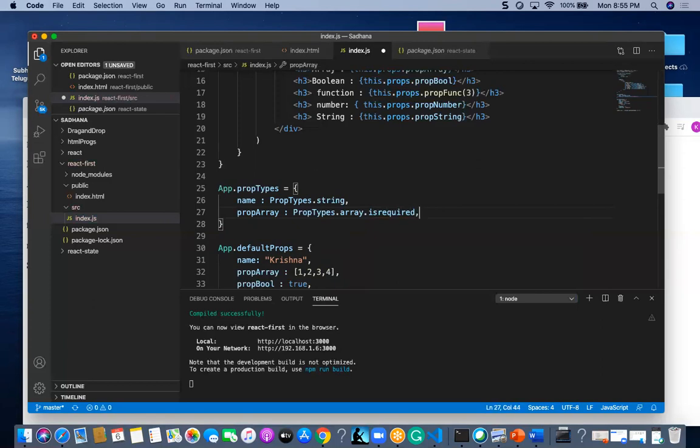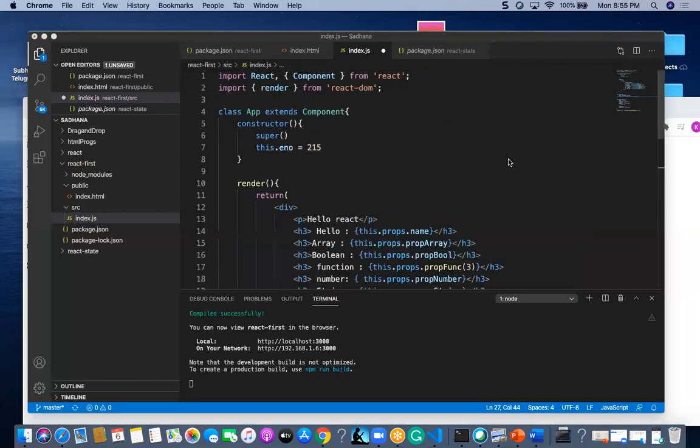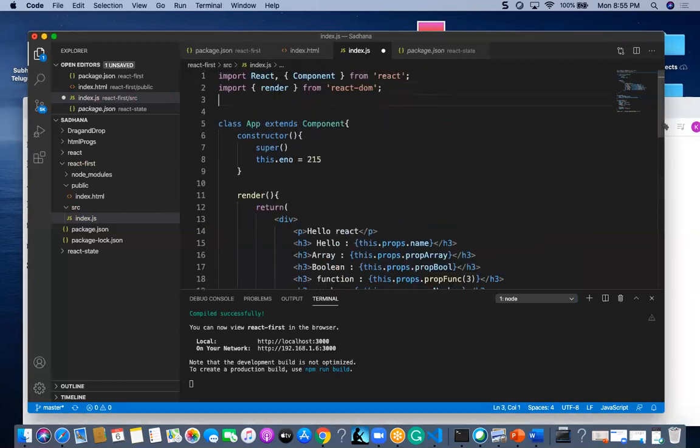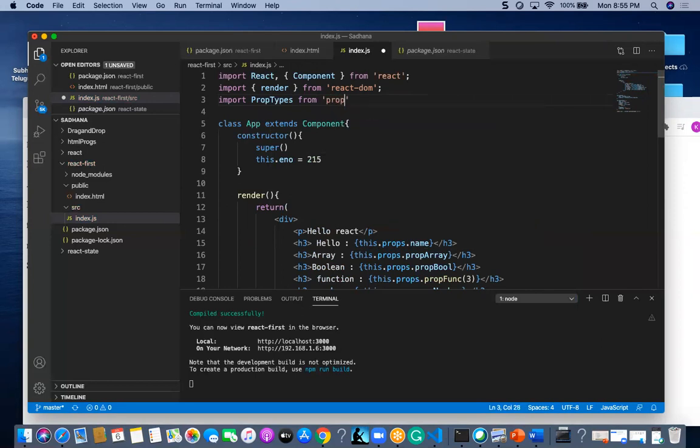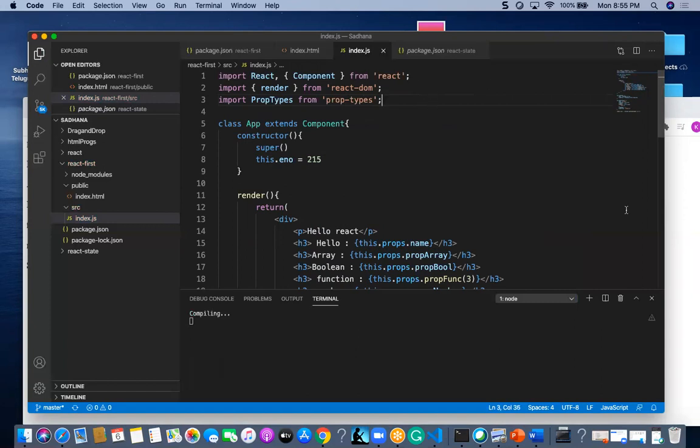Actually, we have to import this PropTypes from a module known as prop-types. Import PropTypes from prop-types. Okay, so we have to import this one.